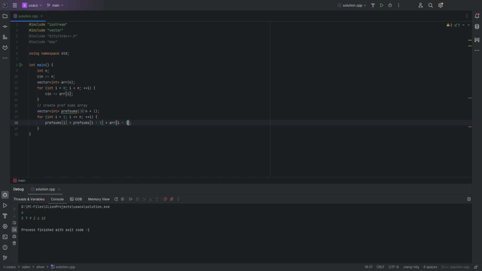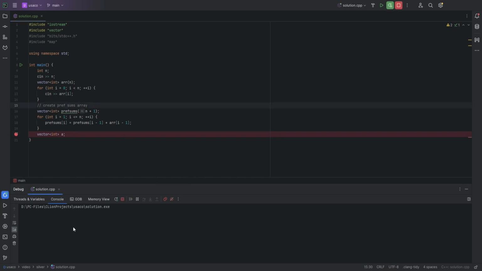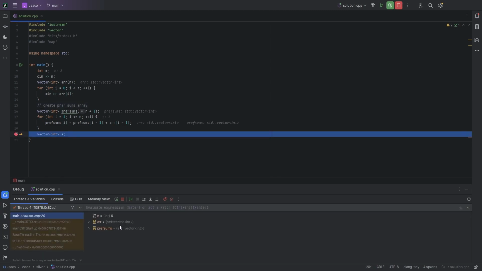And the current value is i minus 1 because we're dealing with a 1 indexed loop here into a 0 indexed array. But yeah, once we have this, let's just test and see that it added all the numbers correctly. So I'm going to create a dummy vector for debugging. Put in our array again, so 5, 7, 9, 2, 6, 10. And bam, you can see our array 5, 7, 9, 2, 6, 10, and our prefix sums, which has the 1 indexed 0 value,